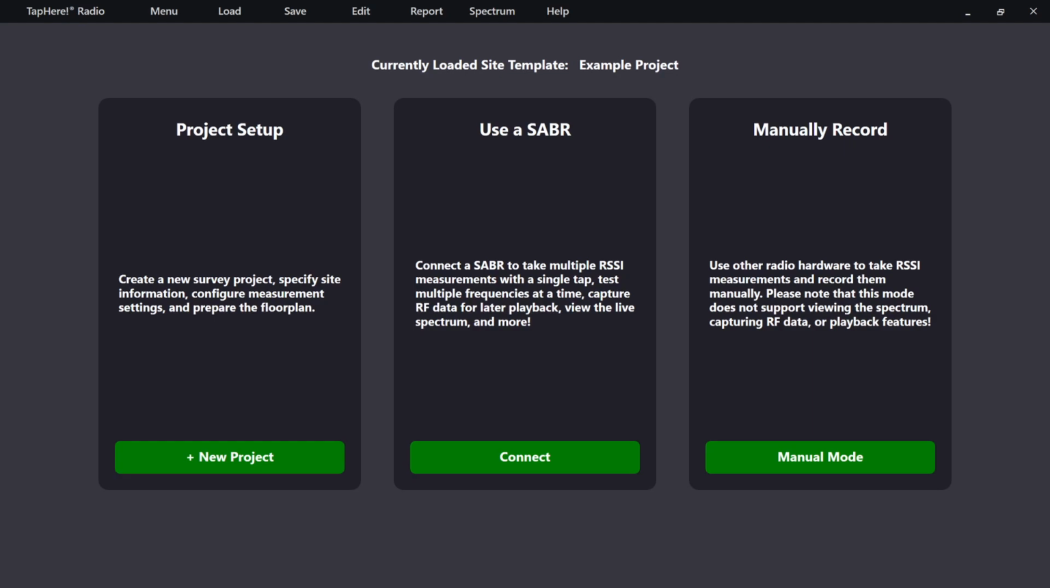So TapHere PinPoint makes it extremely easy to take RF site surveys as well as automatically generate reports from them. When you first open up the program, you're greeted with this start screen from which you can set up new projects or immediately dive into taking measurements, whether it's automatically with our Sabre SDR hardware or manually with other user-provided radio equipment. For this demo, I have loaded up an example project, and I will just quickly dive into that